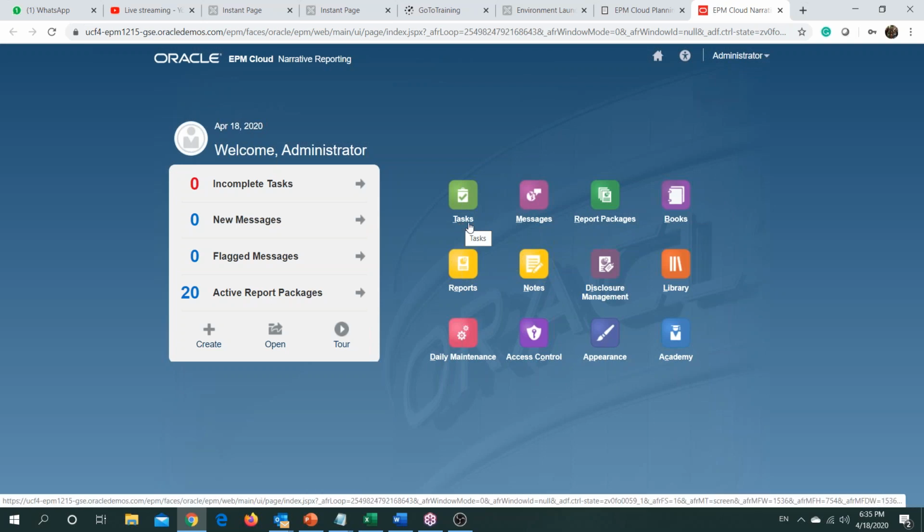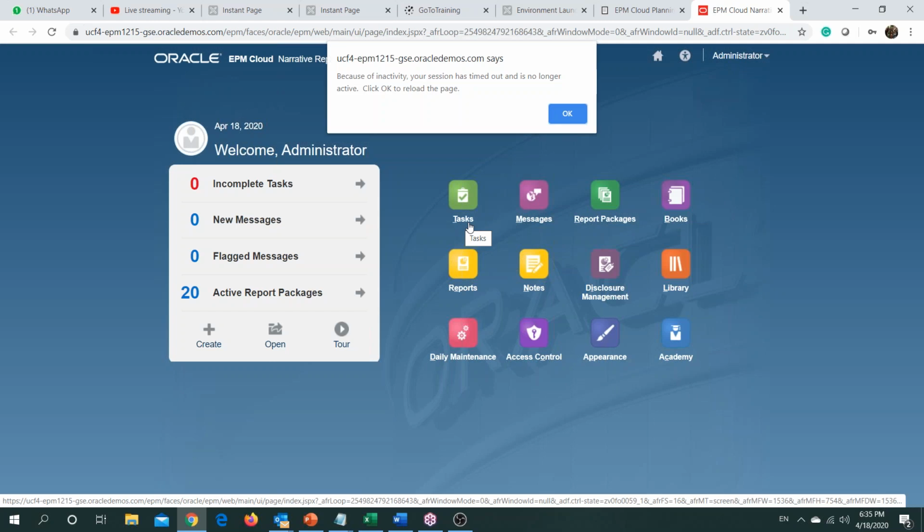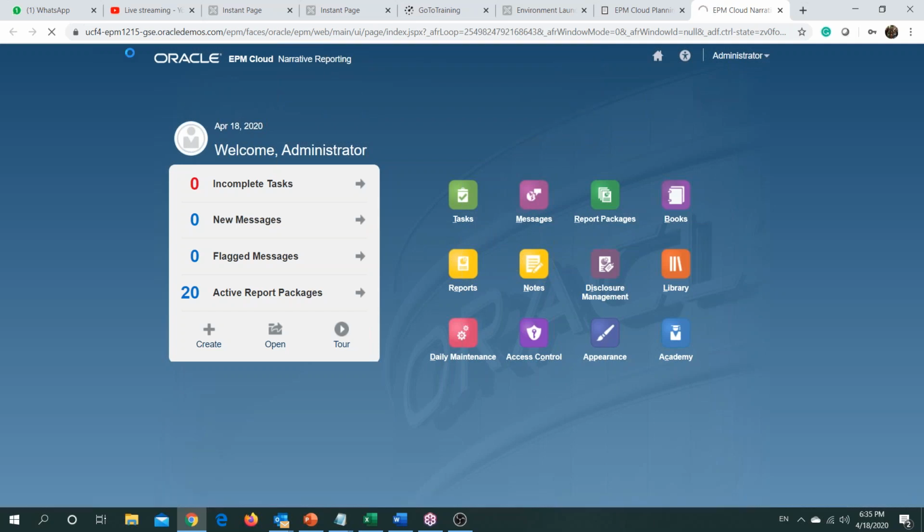So it is basically the tasks that are assigned to various users. So it's just getting refreshed. Let it get refreshed. So we will continue with the icons or cards that were being shown.